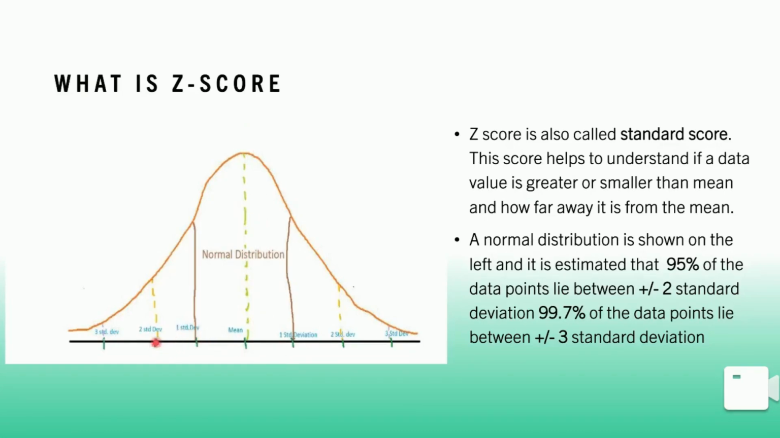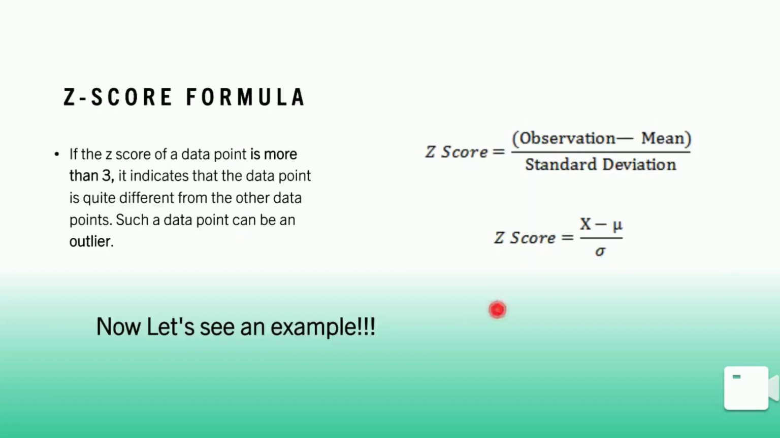As we can see, 95% of the data points lie between +2 and -2 standard deviations, and the majority, 99.7% of the data points, lie between +3 and -3 standard deviations. We mainly use 99.7% for calculations. Thus, if the value is more than 3, that is, if the value is outside the majority, we call it